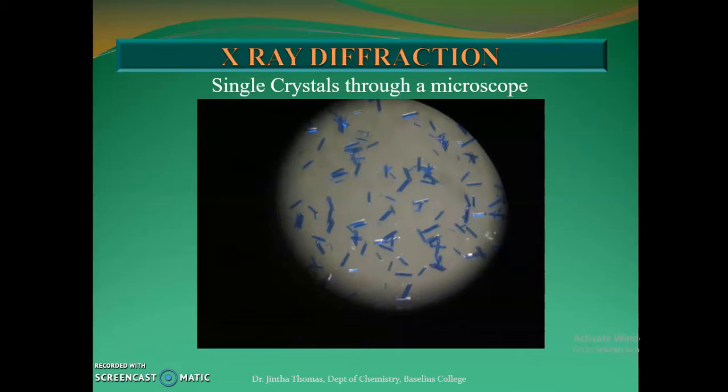So what you see here are single crystals of a coordination complex that was synthesized in the laboratory. If we see the crystals like this, we have no idea what the structure of the material is, or which elements it is made of, right? So for that we have to use some diffraction techniques. Using X-ray diffraction, you can determine the crystal structure and find out which